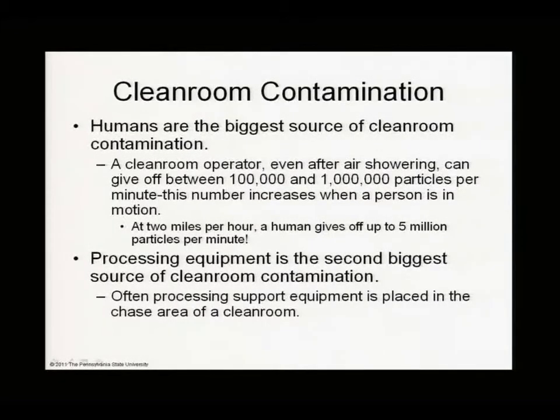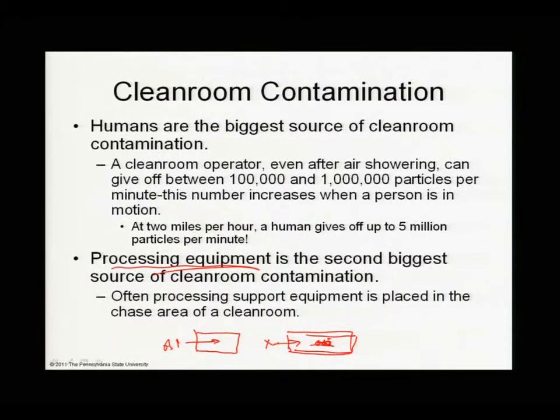And then the processing equipment is the second biggest source of clean room contamination. The equipment itself, as we mentioned a couple times, can be a source of contamination because, for example, let's say you evaporated aluminum in this evaporator. Then in the next step, you evaporated something else, let's say X, just to be more general, but there's still aluminum on the wall, and X might react with aluminum and perhaps produce something that gets into the environment and gets